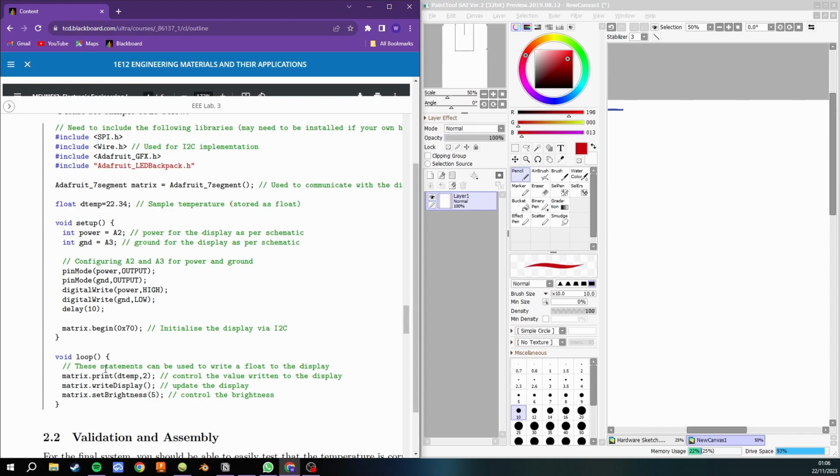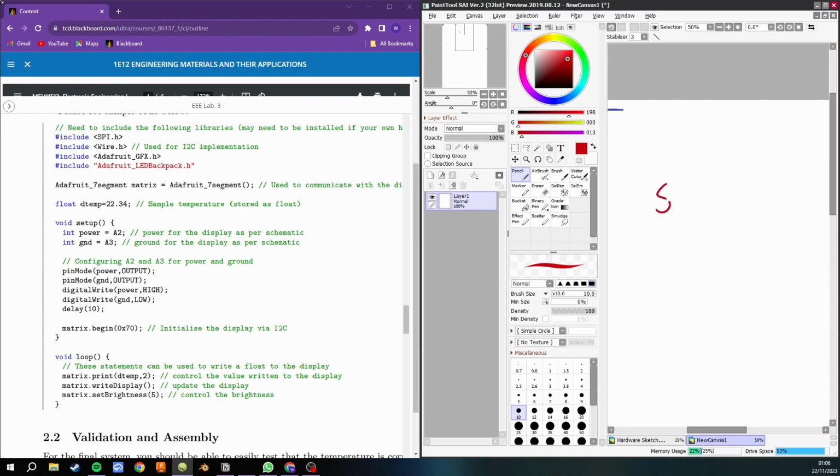Well, if you miraculously decided to call your temperature variable dtemp, then well done, this segment doesn't apply to you. But let's say somewhere in your code you're doing something like Serial.print of thermistor temperature. You'll have a variable, we'll call it thermistor temperature, and it gets stored down to therm temp. If that's in your code somewhere, where it's serial printing therm temp,